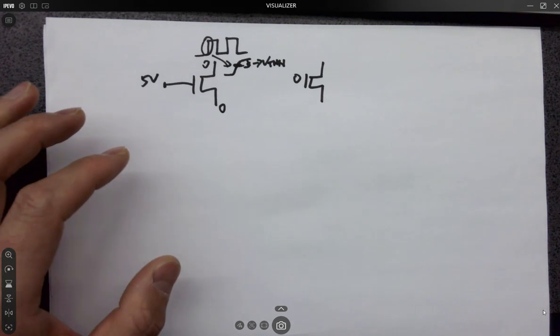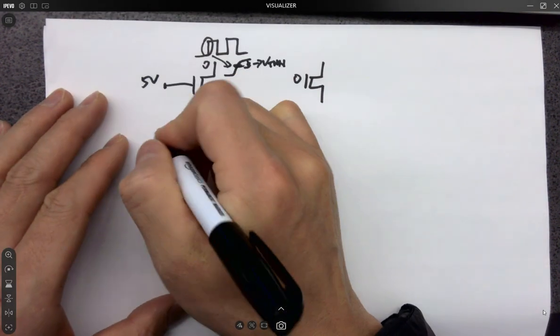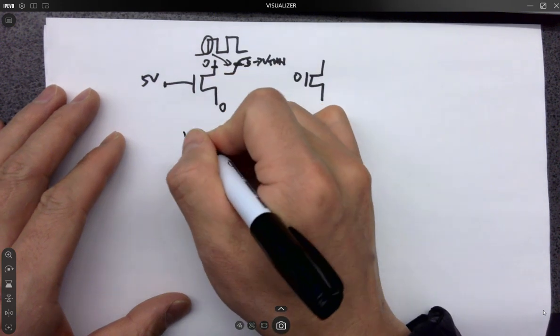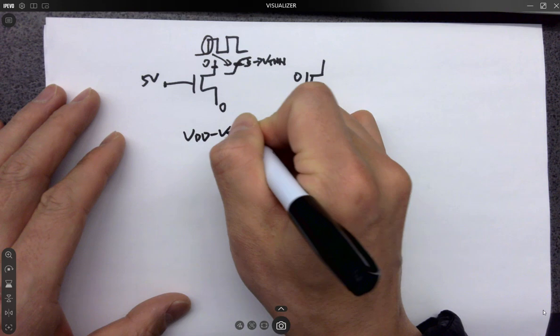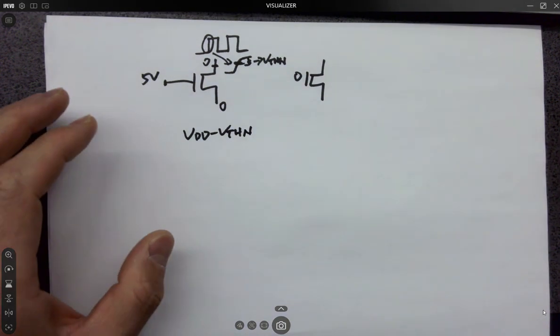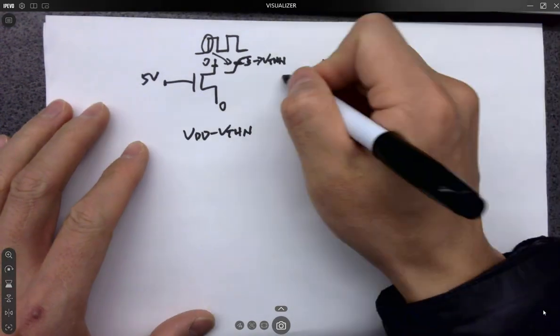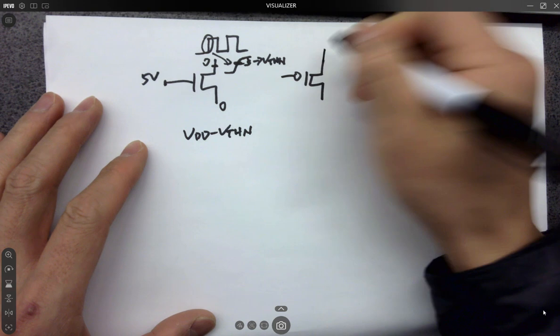So anything higher than what? Anything higher than VDD minus VTHN, can that get passed through the NMOS? So the NMOS is good at passing zeros, not ones, right? Okay. So for this one, for PMOS,